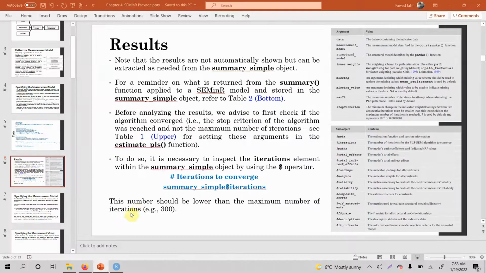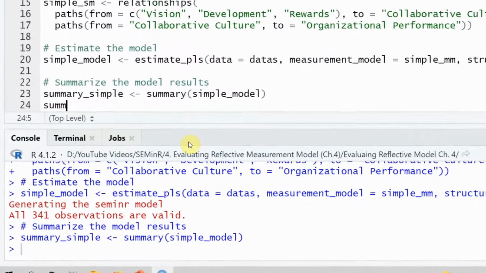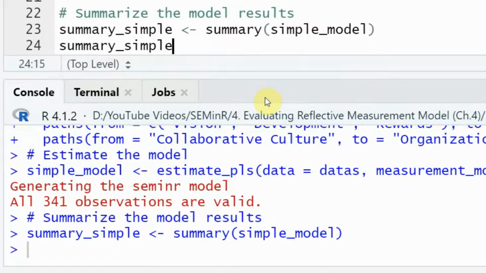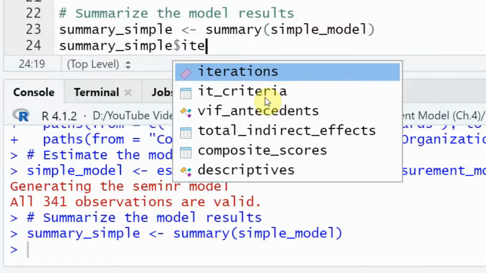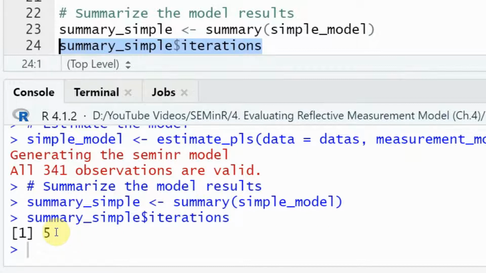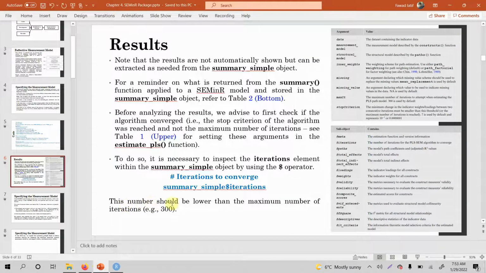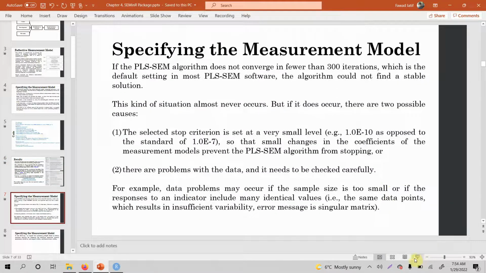Look at this. Let's do this. summary_simple, $, and then iterations here. Just click here. Now let's look at this. So it did not reach the maximum iterations and it converged in just 5 iterations. So we are good. This number should be lower than the maximum number of iterations, that is 300. The next thing is,